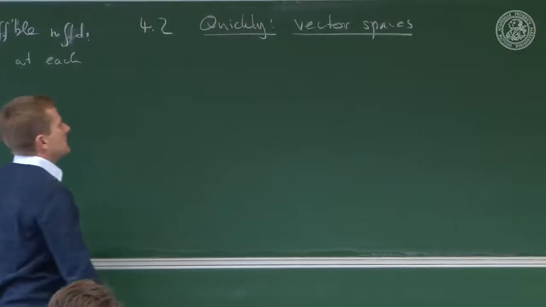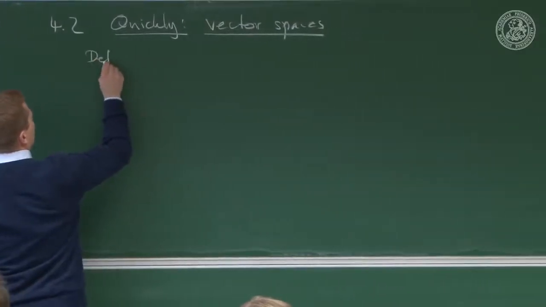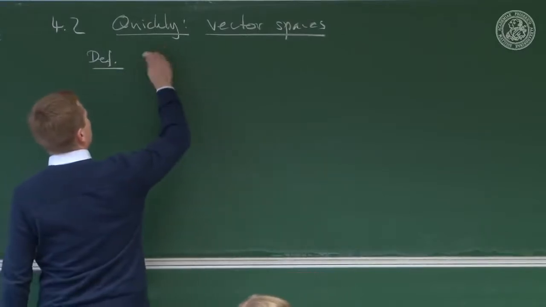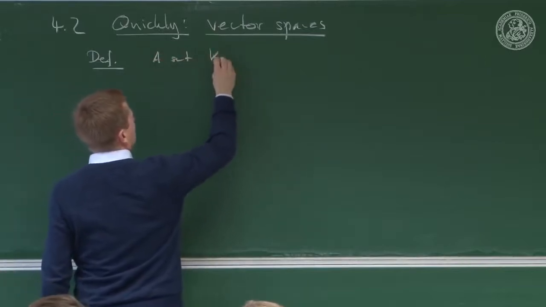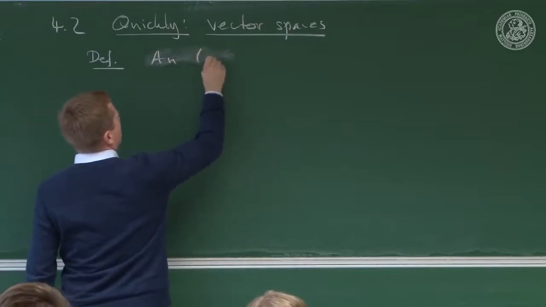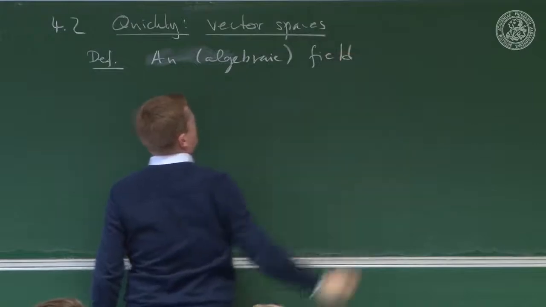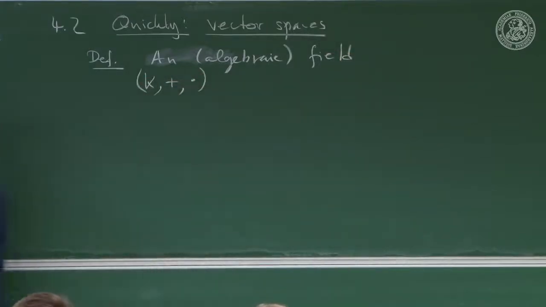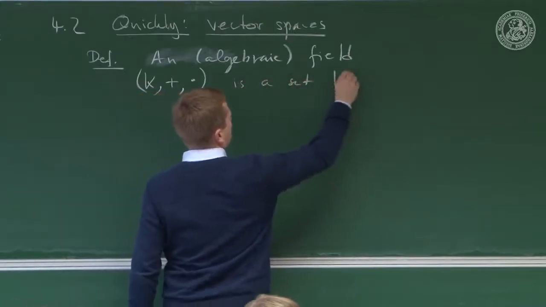Well, a vector space is built on a structure that's called a field. Now that's an algebraic field, not what a physicist calls a field, but what a mathematician calls a field. So a set K, or let's say a field, an algebraic field, but mathematicians just call it field. An algebraic field is a triple K, plus, times, is a set K, all right,